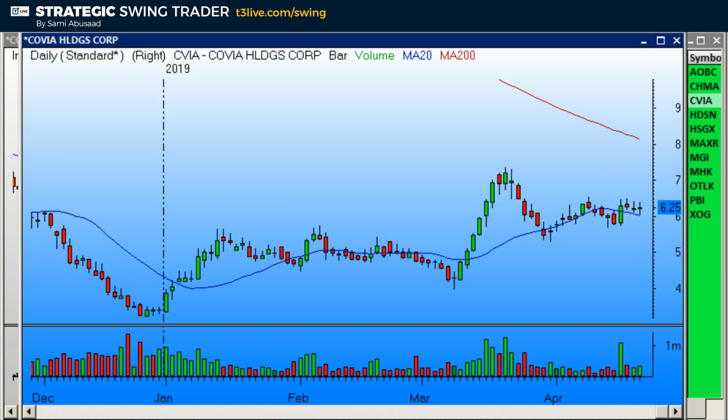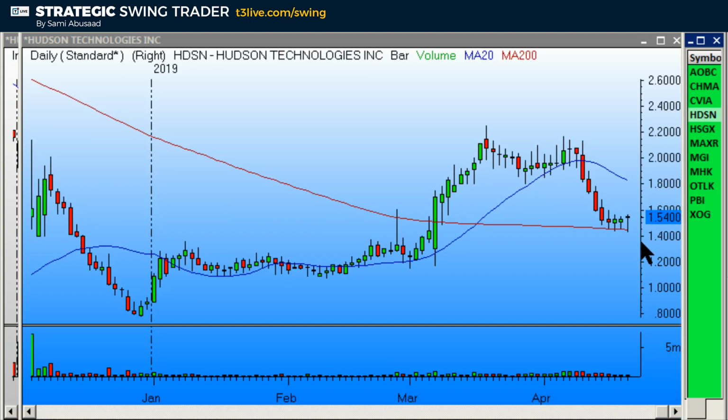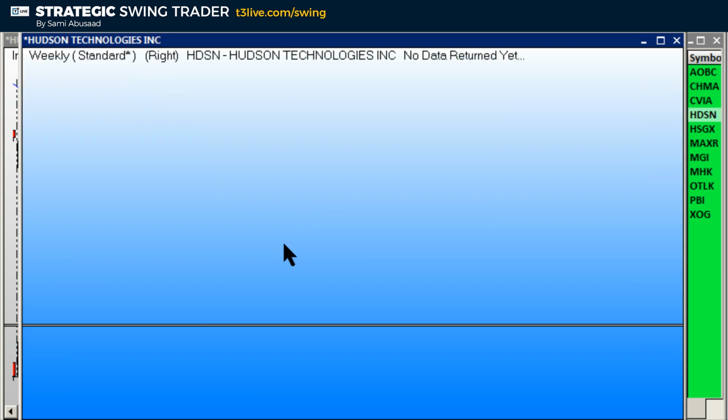Okay, where's the trigger? Here's the trigger. Where's the stop? There are two places to put the stop. If you're aggressive, you can put it here. If you want to give it more room, you could put it right here. Okay? And this would be not a swing trade, but more of a long-term trade. A long-term trade on the CVIA, Hudson, is a retest of support, minor support, and it's a transition A on